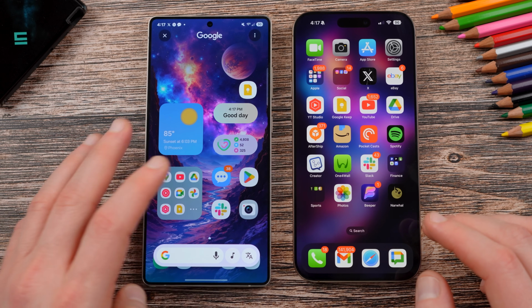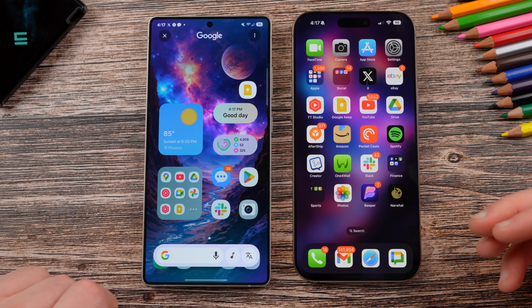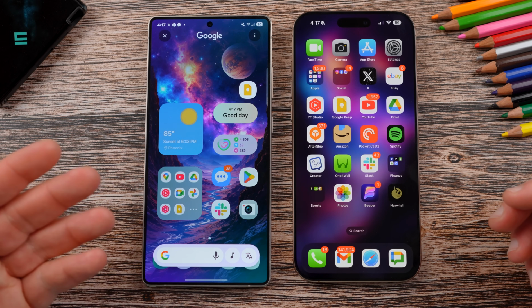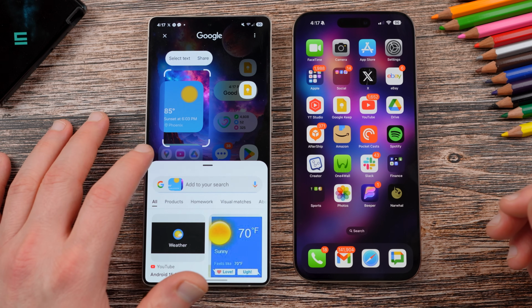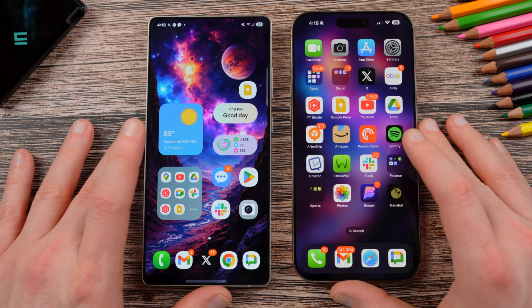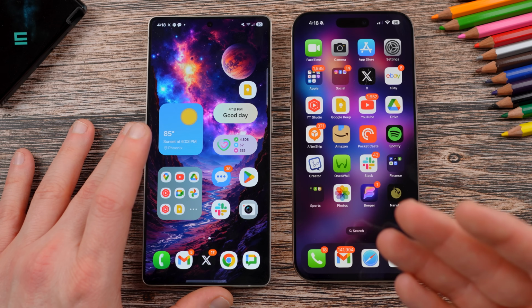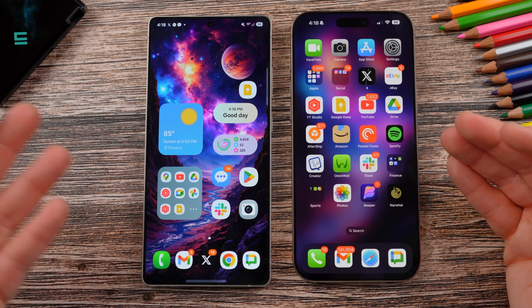So it gives you a little bit of a boot animation, and here you can use Google, search for songs, play a little track, search for the music, search anything that's on your screen, just search it and it'll give you information about that thing. Of course, Apple does not have that deep integration with Google because it's not an Android phone. And I think Gemini is also better than anything Siri has to offer because Gemini is just better at integrating